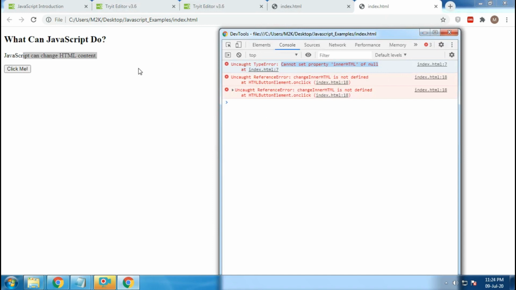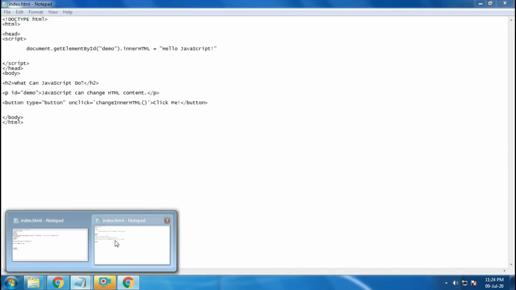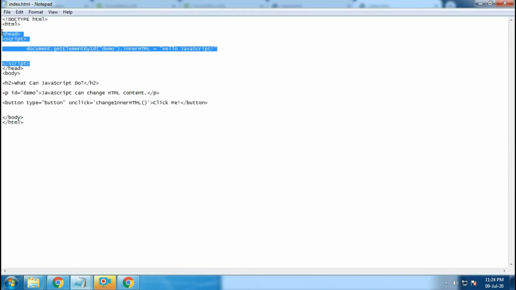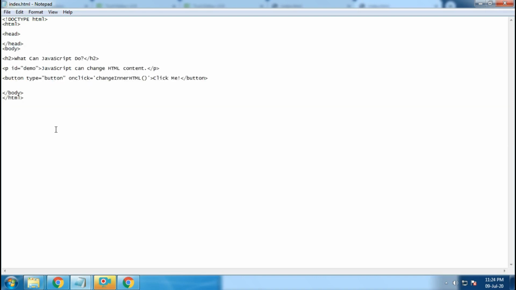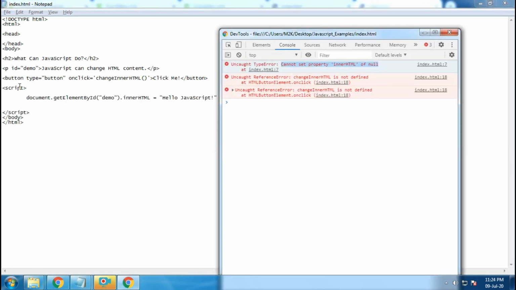This is a very important part of how the web page is rendered. Why is it not able to change that inner HTML? Because it rendered first, and when it was getting this reference, this p tag was not created at that time. So that's why it's not able to get this p tag id and is giving you an error. But if you include this script after the p tag, or in the body at the end, let's see what happens now.